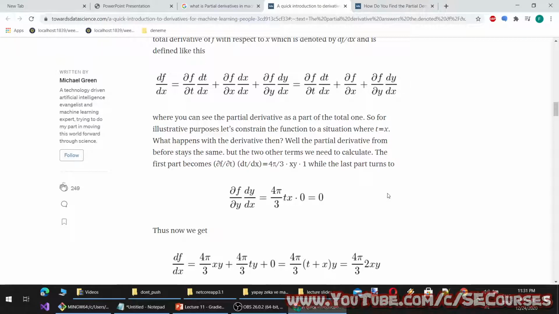Where you can see the partial derivative as a part of the total one. So for illustrative purposes, let's constrain the function to a situation where t equals x. What happens with the derivative then? Well, the partial derivative from before stays the same. But the two other terms we need to calculate. The first part becomes f_t dt/dx = 4π/3 x y, while the last part turns to